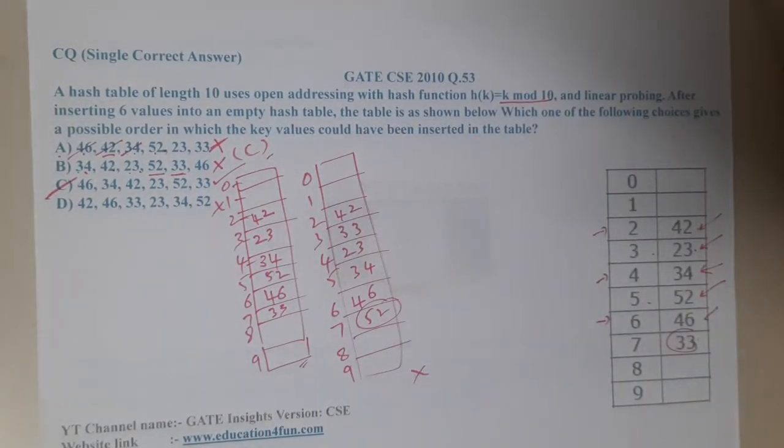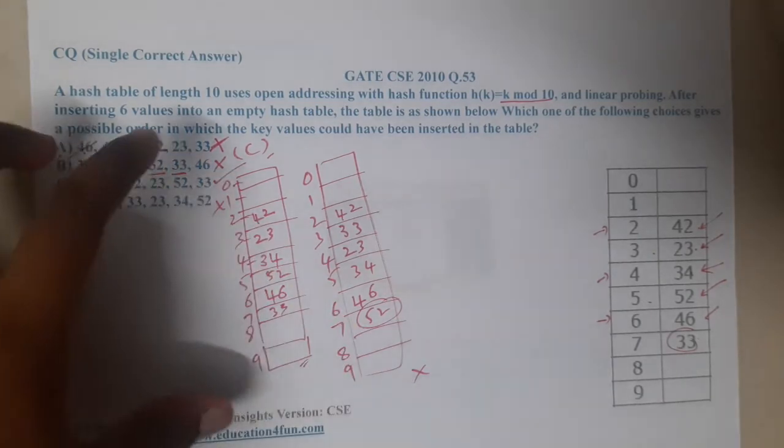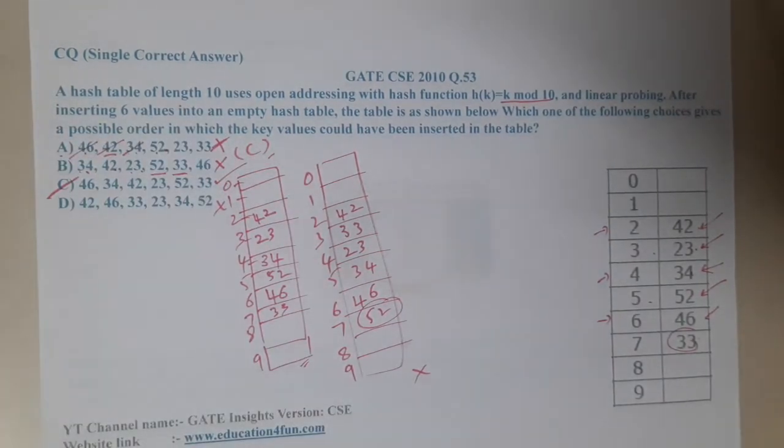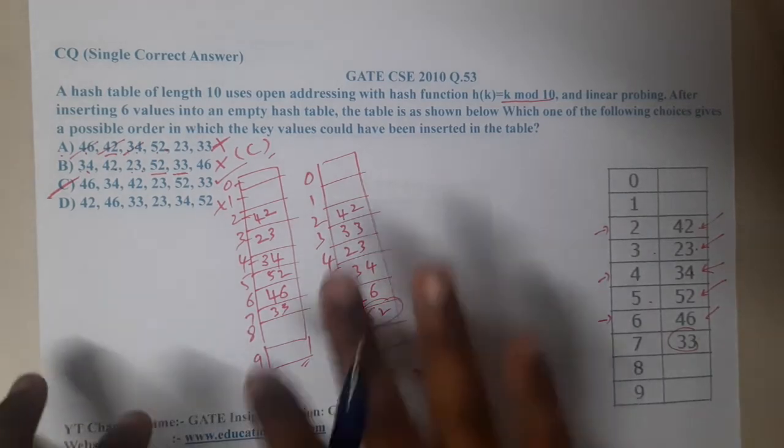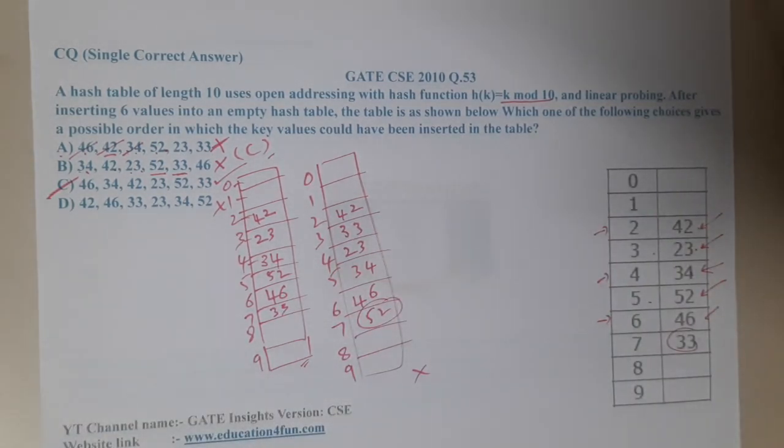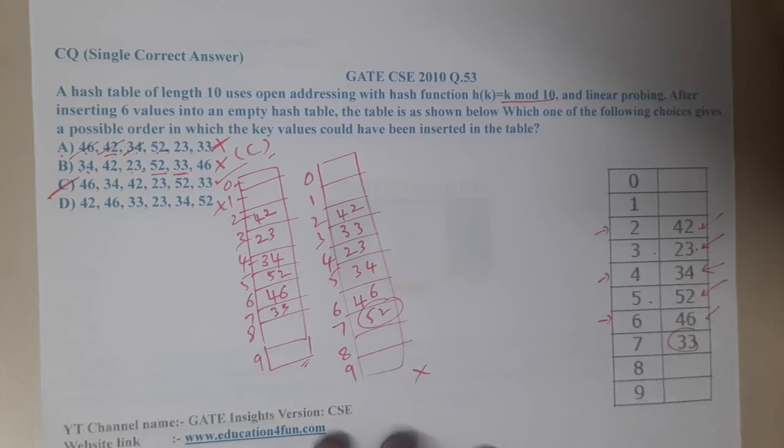I hope everyone got a clear idea, right? It is just a simple basic hashing question, guys. If you are not getting a clear idea of how I am exactly doing this, please watch the course lecture, guys, because we have discussed all types of hashing with one example in our course lecture. I hope everyone got a clear idea on this.